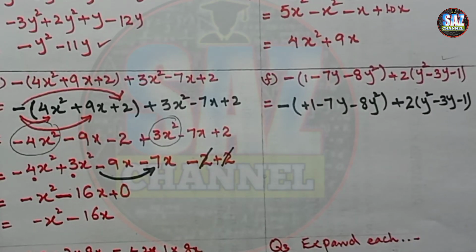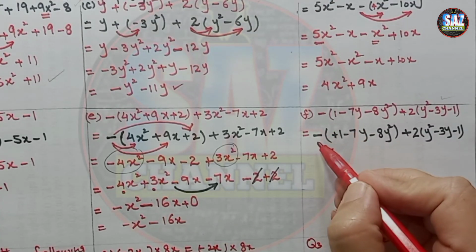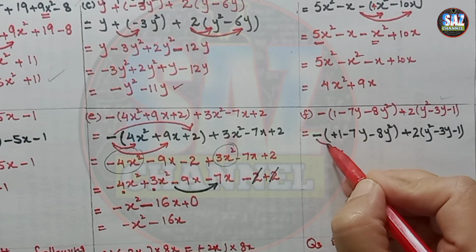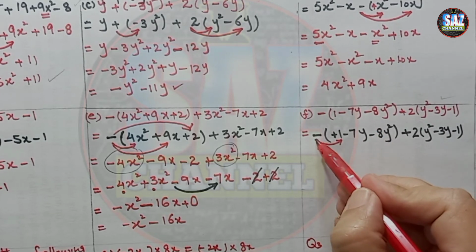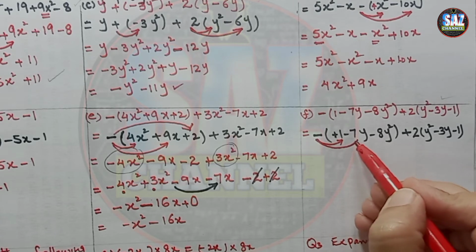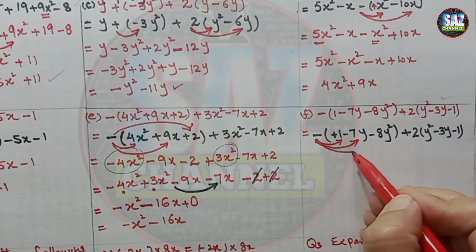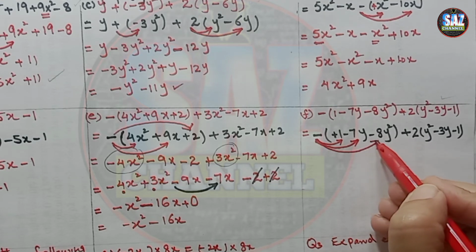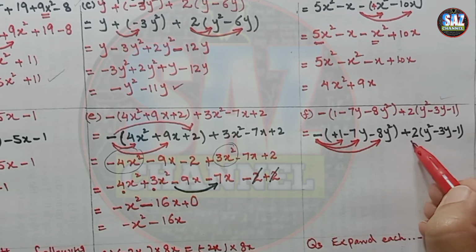Okay, then after this, what we have to do is first remove this bracket, or apply the distributive property. Whatever number is outside the bracket has to be multiplied with every term inside the bracket carefully. Take the terms inside the bracket as a package. Okay, and we will do the same with the second bracket.